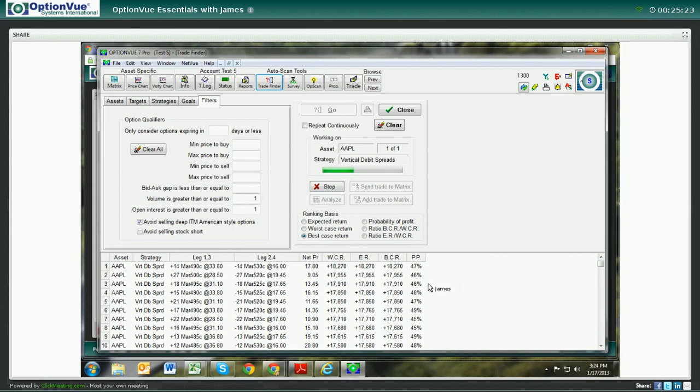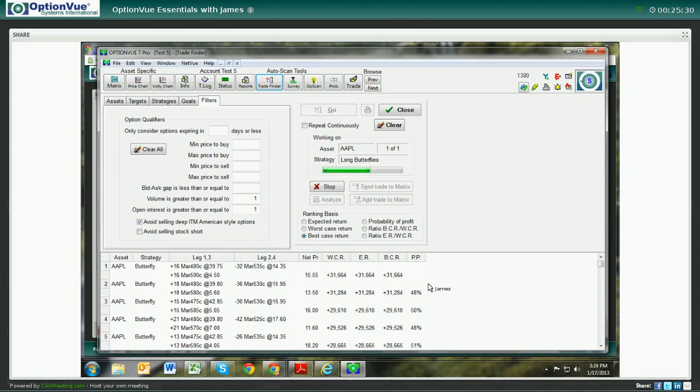Okay. And it's still working through my vertical debit spreads. And like I said again, it's going to take a little while just because there are so many options that I have defined out there in my matrix, my options chain. Okay, and it goes through the strategies that you selected in order. So as you can see, the butterfly just bounced all those other spreads out because the butterflies are going to show you better results. And what it's probably doing right now with the butterflies, and something you have to remember too when you're looking at TradeFinder, is that butterflies can get tricky when you're using TradeFinder because it's going to